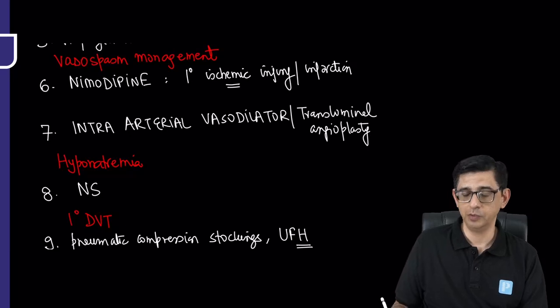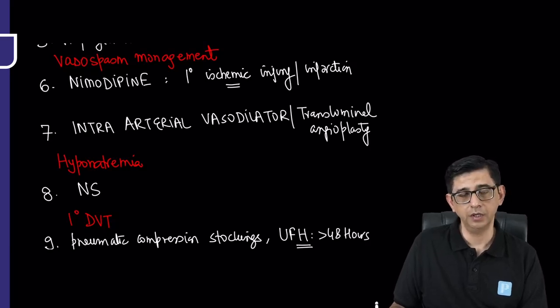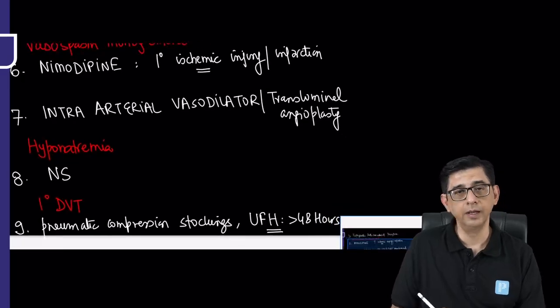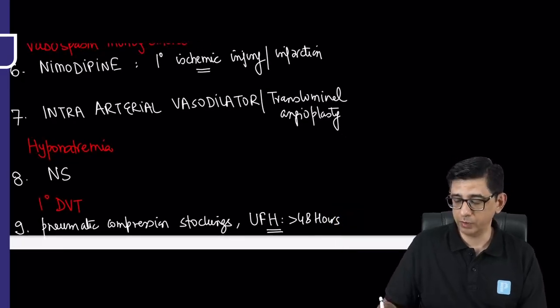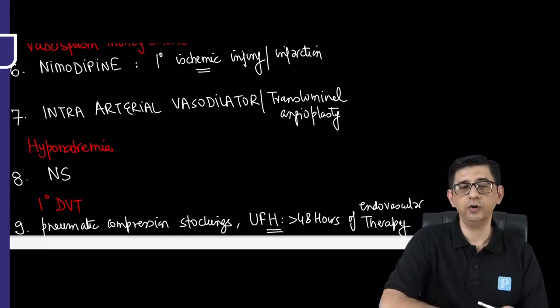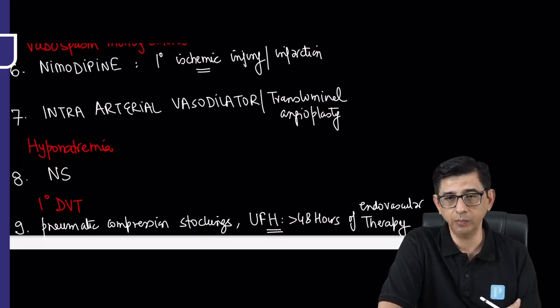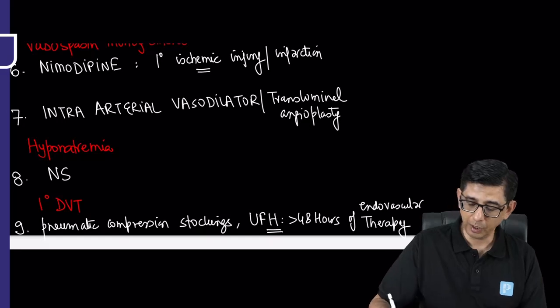I'm giving heparin to this patient after 48 hours of having done a procedure, which was the process of deploying a platinum coil in the blood vessel. So after 48 hours of endovascular therapy, after 48 hours of endovascular coiling that I've done in this patient, that is when we'll be giving heparin. We are not going to give heparin to a person who's had an immediate bleed. Heparin is contraindicated in untreated